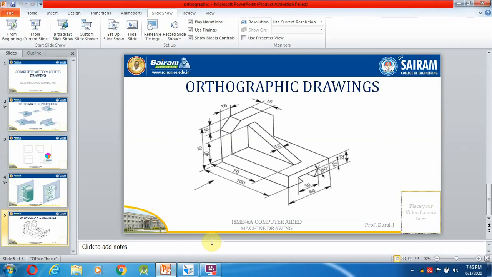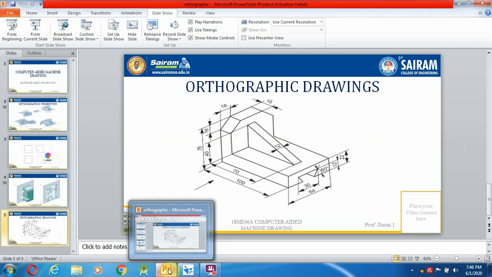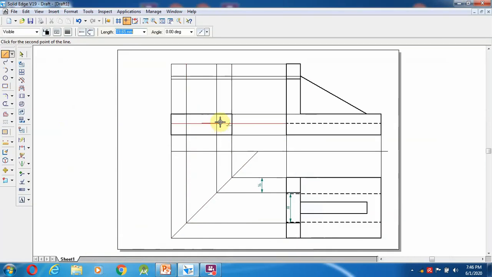Already we have seen that it is 30 mm distance. So from here, 30 mm I am going to draw. Sorry, 30 means 15 mm. 15 mm, as well as the other side 15 mm.